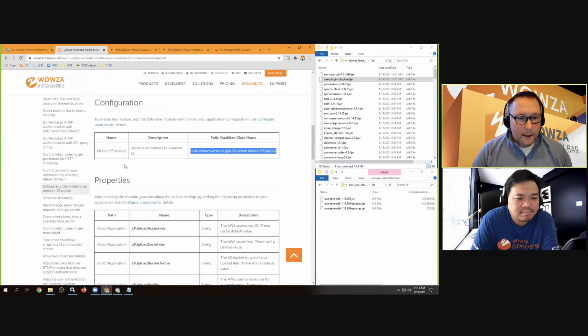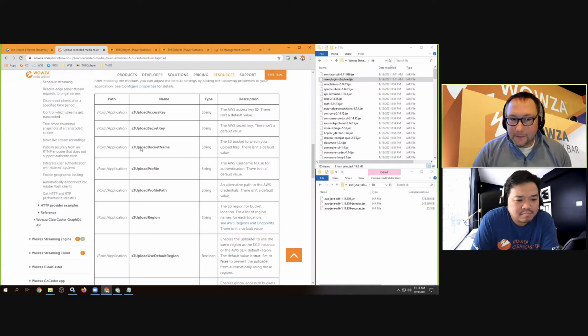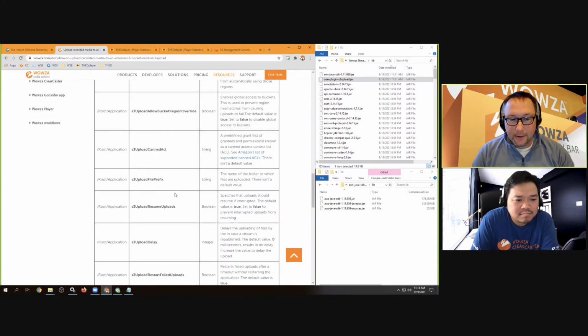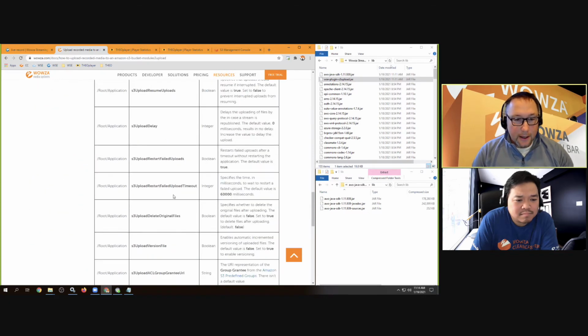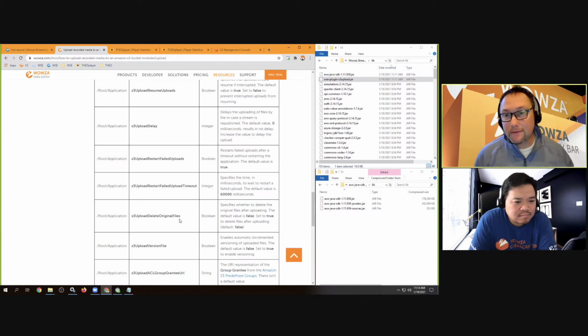First of all, in these properties here, we only need the first three to get the S3 upload module working. There are several other properties in here that are of great value. For example, there's one down here called S3 upload delete original files. So what Wowza is doing is it's recording an MP4 to the local hard drive, and then when the file is completed, this module will upload it to S3. Maybe you don't want that file to be there anymore. You want to save disk space. You would simply set this from false to true, and you would set it up just like I'm setting up